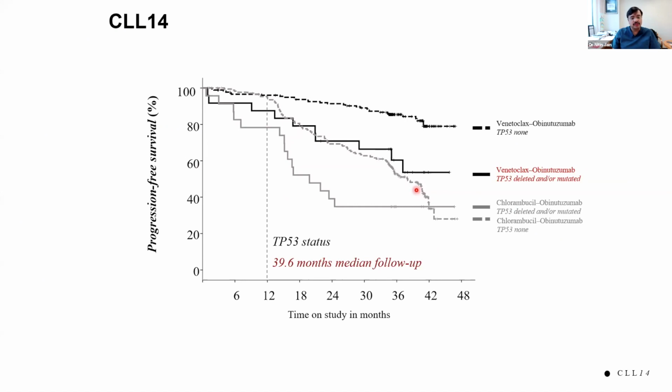The one thing I did mention to you is that for patients with deletion 17p, if you give this 1 year therapy, what you see here are these patients who are relapsing. So this curve, with venetoclax or obinutuzumab and patients who have deletion 17p or p53, has led to the argument that 1 year of therapy is not appropriate for these patients, and these patients should preferably be treated with a BTK inhibitor, which has more durable responses seen with this group of patients.